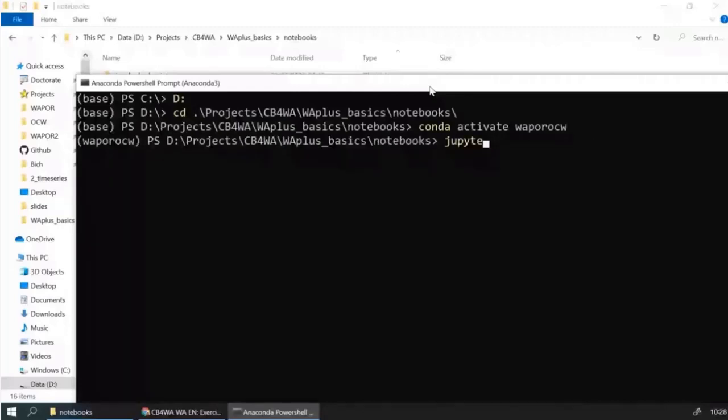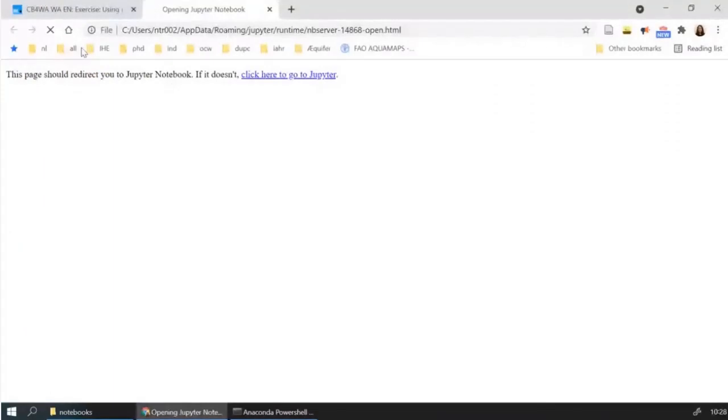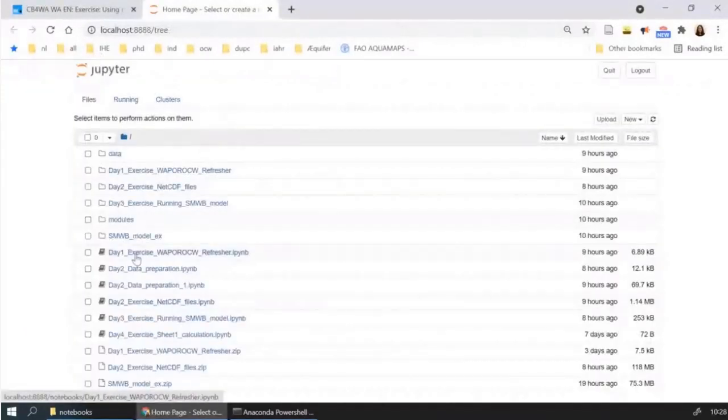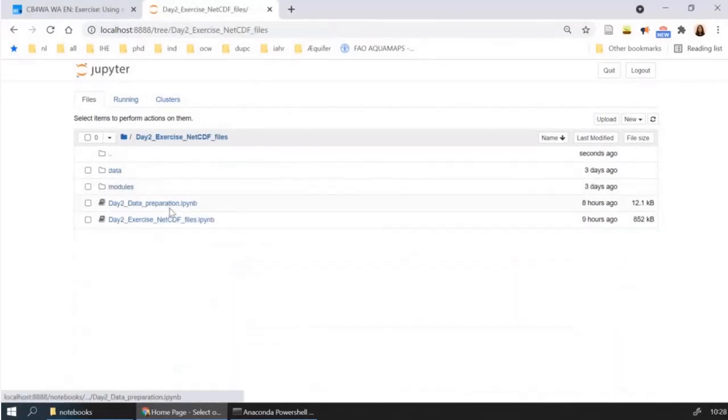And then you can open Jupyter Notebook. Okay, so in the day 2 exercise, there are 2 notebooks. One is data preparation, which is the scripts